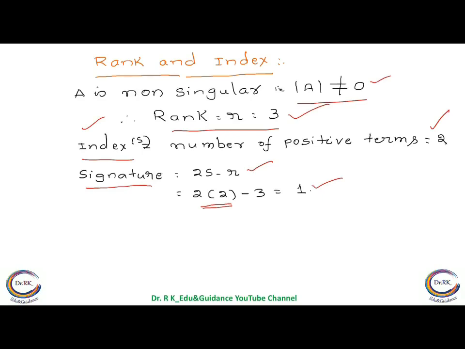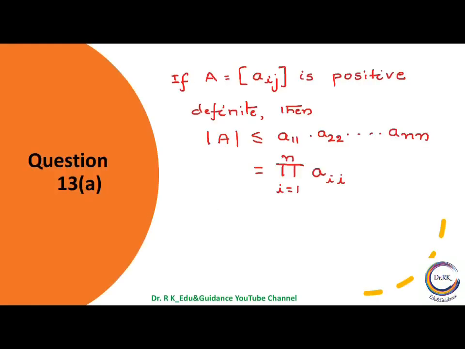So nature means we have to find rank, index, signature. Based on that we have to comment on whether it is positive definite, positive semi-definite, negative definite, negative semi-definite, or indefinite. All those things we can conclude based on this rank, index, signature. Okay. Next,